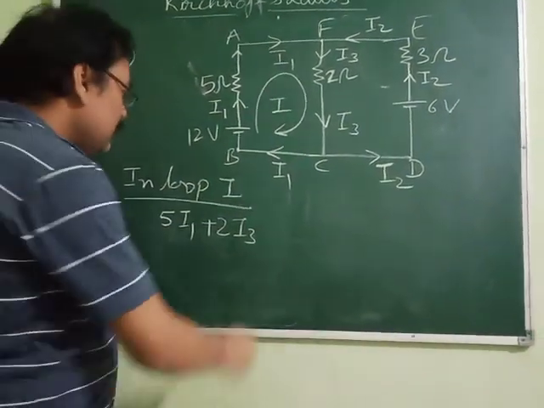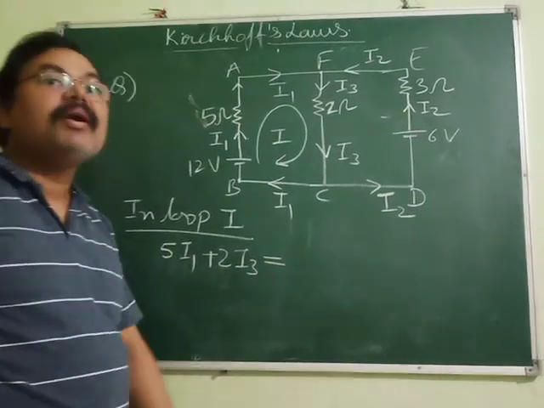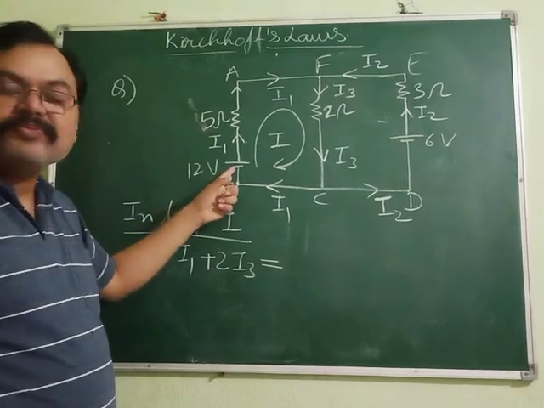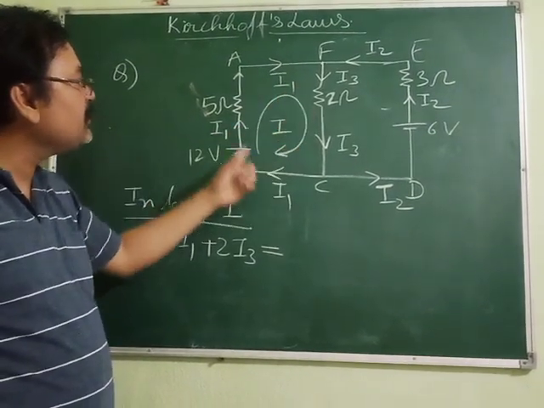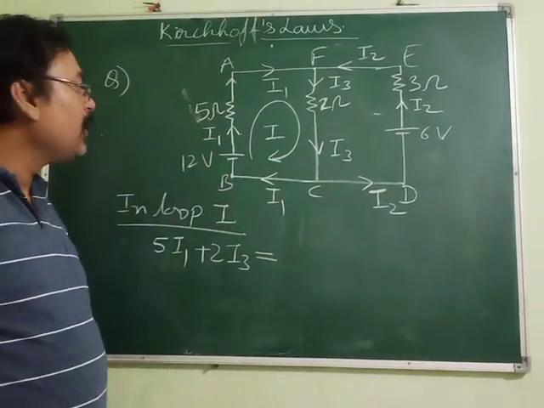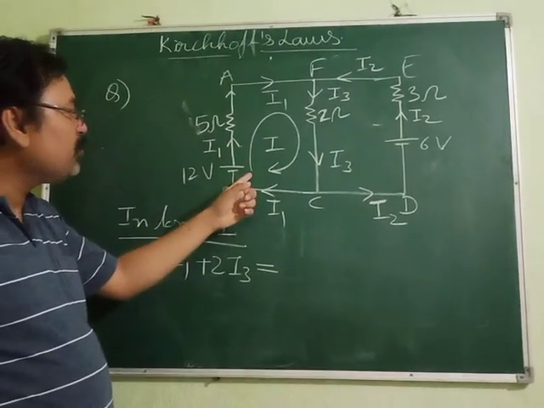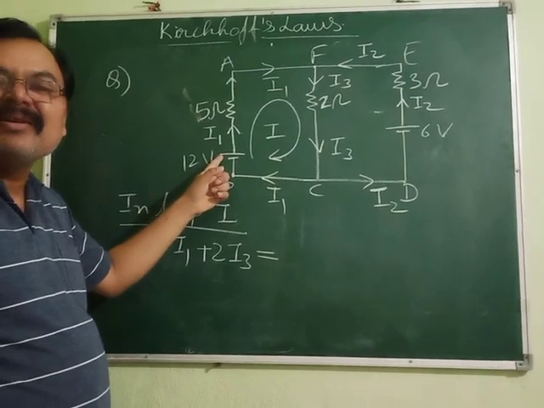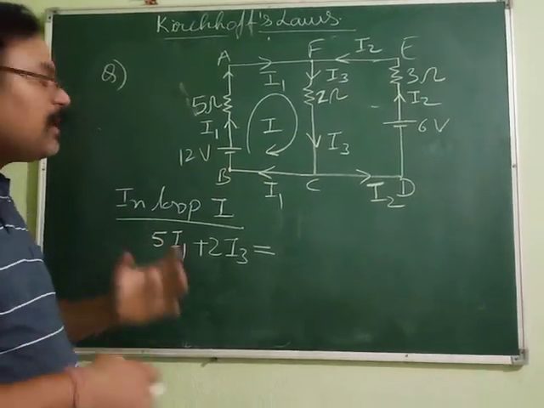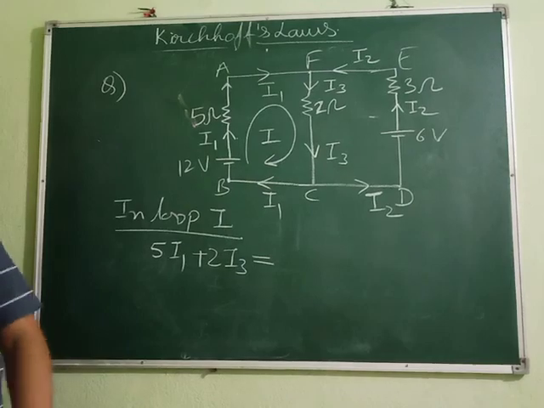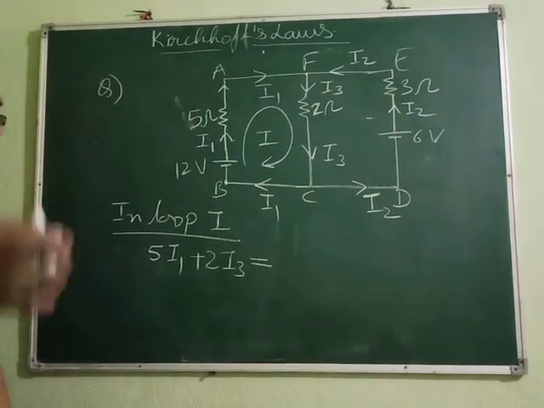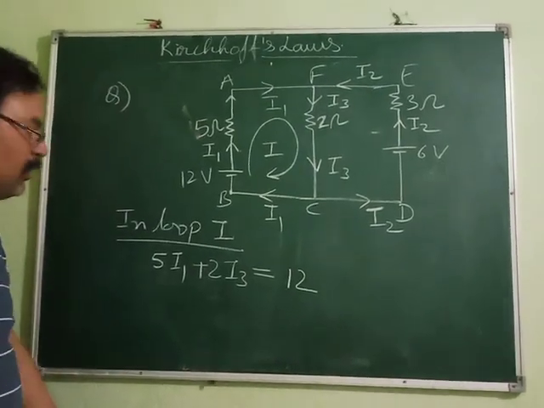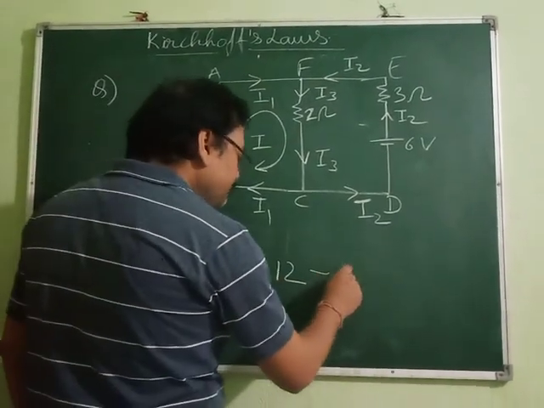Not at all. So the potential drop is equal to the net EMF supplied in that loop. Now what is the EMF supplied? It is this one. Only a single cell, or battery, is there in this loop. While crossing this, how do you cross first? First you are crossing the negative terminal and then the positive terminal. So when you first cross the negative terminal and then the positive terminal, is the EMF taken as positive or negative? Positive, correct. So here you can write 12. This is your equation 1.